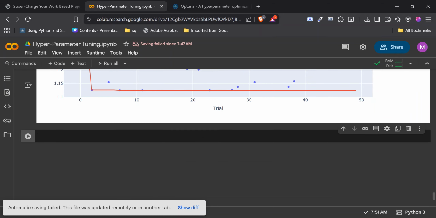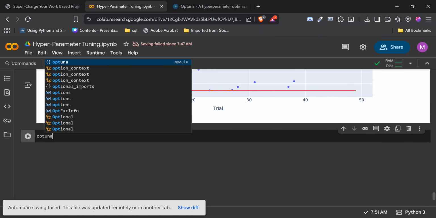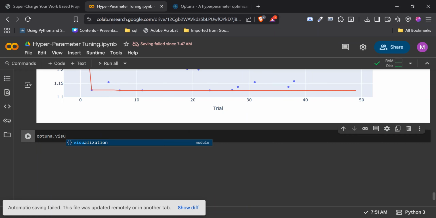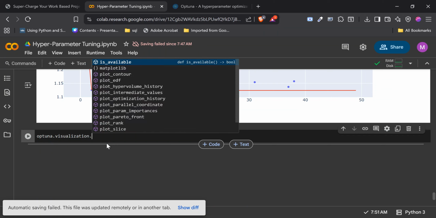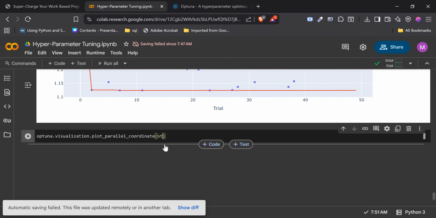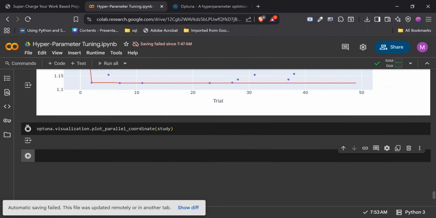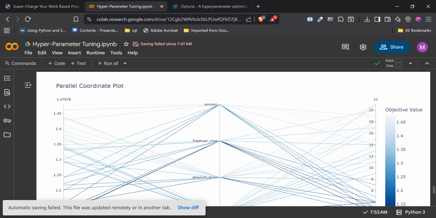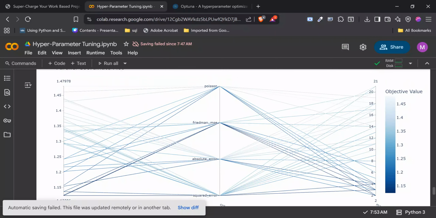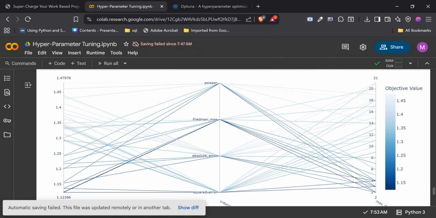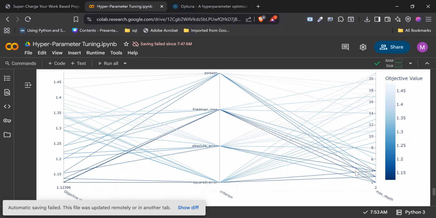Then you can plot parallel coordinates also to see each of the hyperparameters. You're going to see a lot of different visuals that help you gain insight into what happened during training. So if we do parallel coordinates, which is the last one we're going to be looking at, okay, cool. What you see is, if you check max depth, you're going to see that the majority of what contributes to